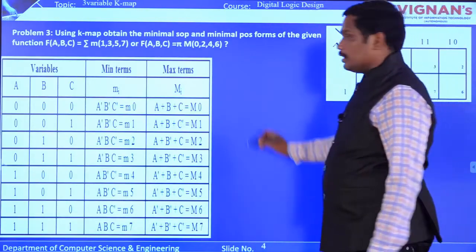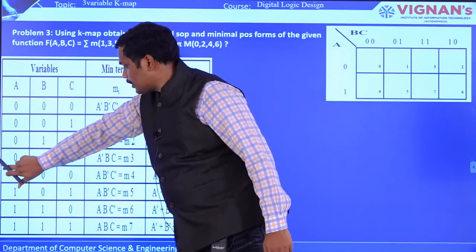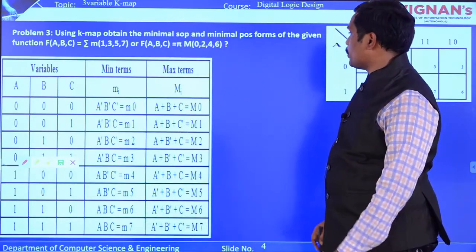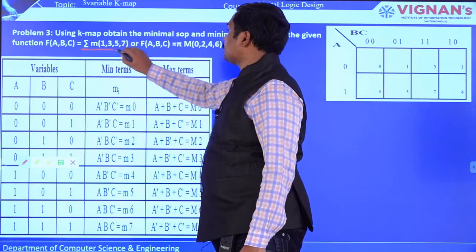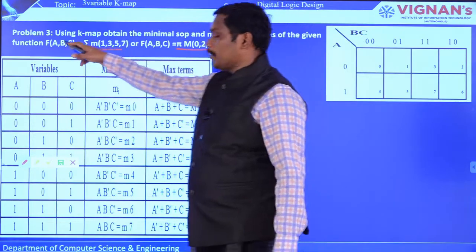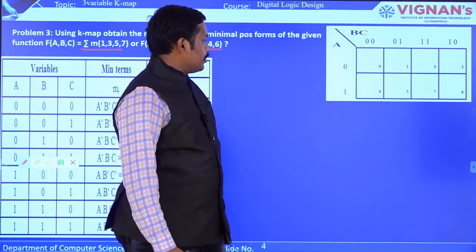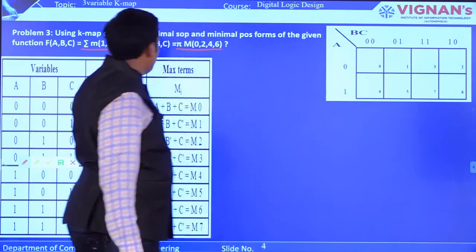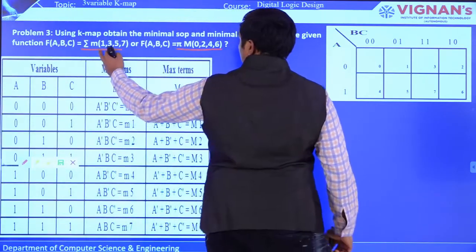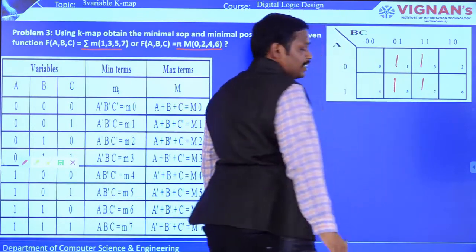Next you can see, here the question is given in such a way that both min terms and max terms are given in the expression. So he is asking you to solve the POS as well as SOP form, sum of products as product of sums. So here it is min terms and here it is max terms. So in the given Karnaugh map, which is of 3 variables A, B, C, you are going to construct an SOP as well as POS form. So for min terms you are going to replace with ones, and for max terms you are going to replace with zeros. So you can see that min terms 1, 3, 5, 7 are the positions. So 1, 3, 5, 7 we have placed with 1.